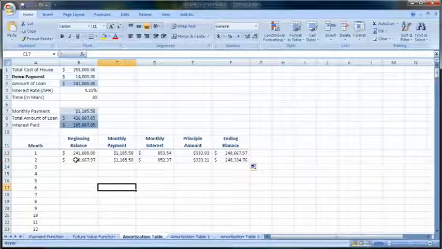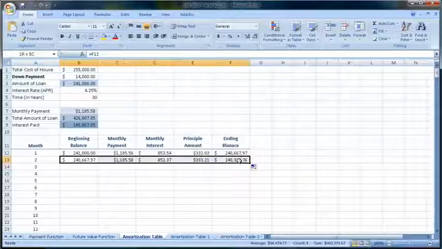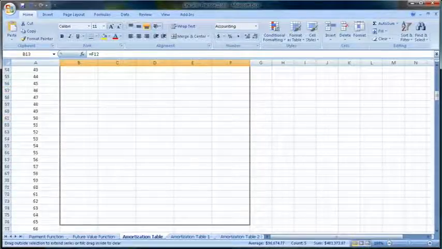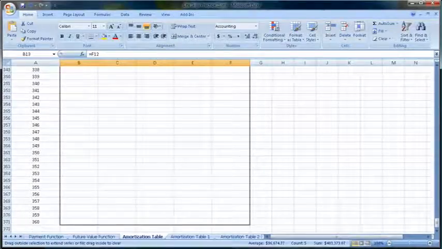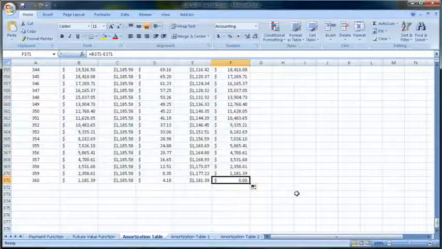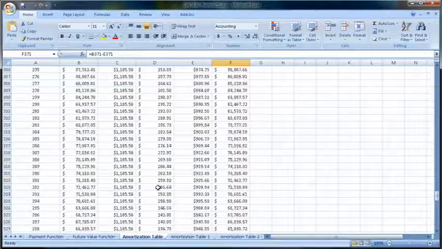Now at this point, I'm going to go to month 2 or row 13. Now I'm going to highlight all 5 of the input cells, left click, fill down, all the way down to 360. I'm going to make these payments for 360 months. My balance is 0. So as you notice here, if we look at the interest, our interest goes down as